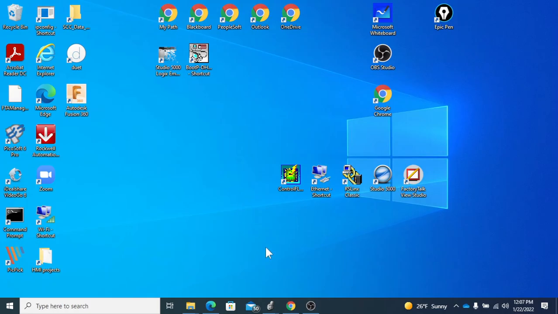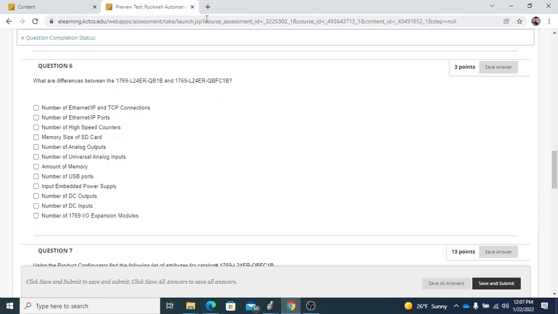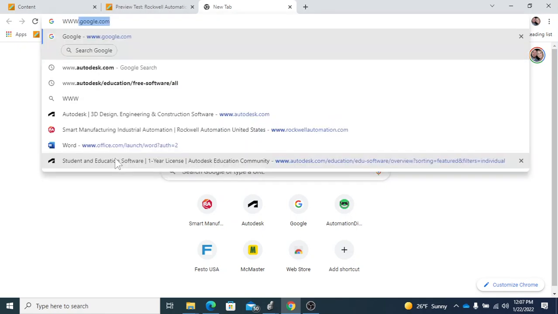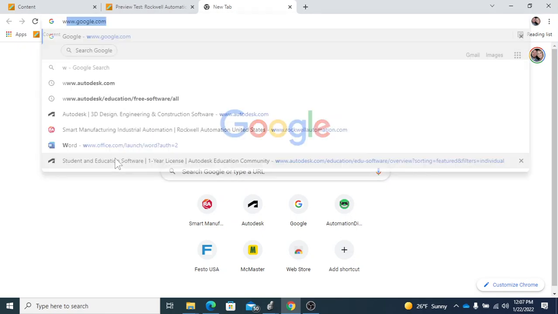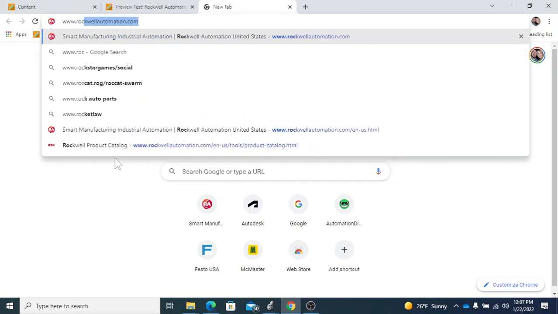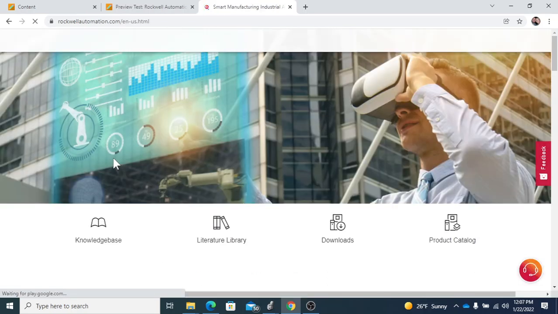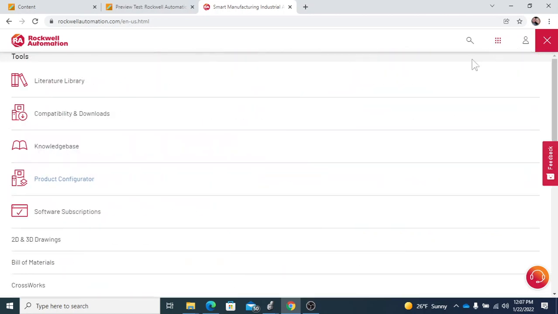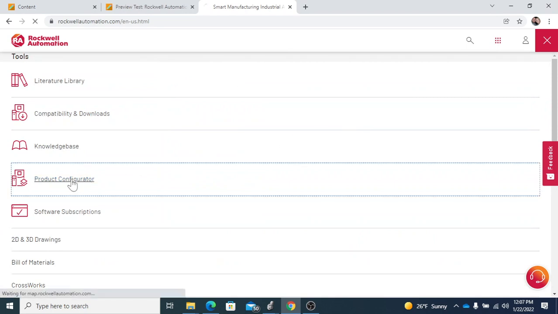Okay, so the first thing we want to do is open up our web browser. We want to go to rockwellautomation.com. Okay, again, I'm going to go to the 9 little dots up here. It should say Tools if you hover over it. So I'm going to select that. Select Product Configurator,